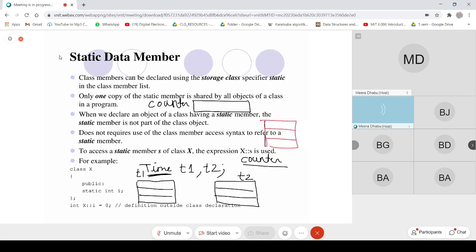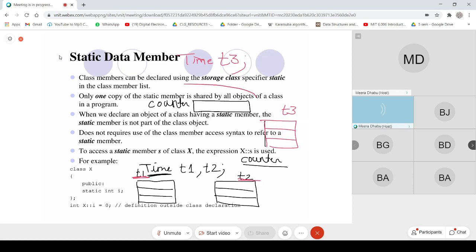Say if later I create one more object of the type Time, like t3. This is t1, this is t2.